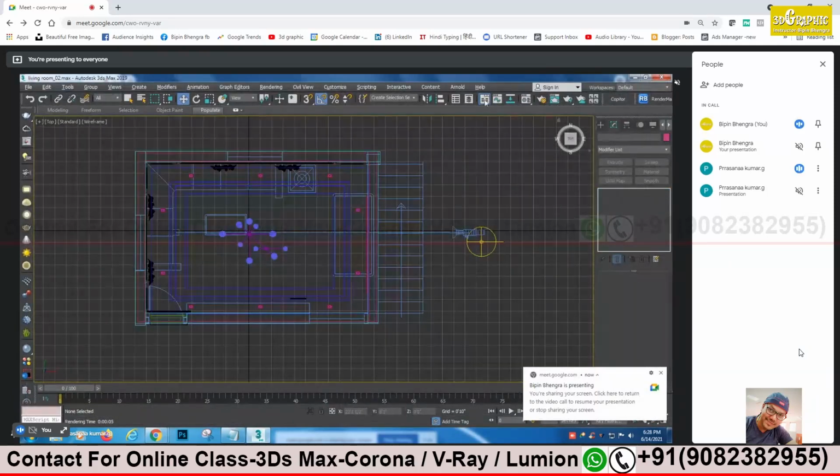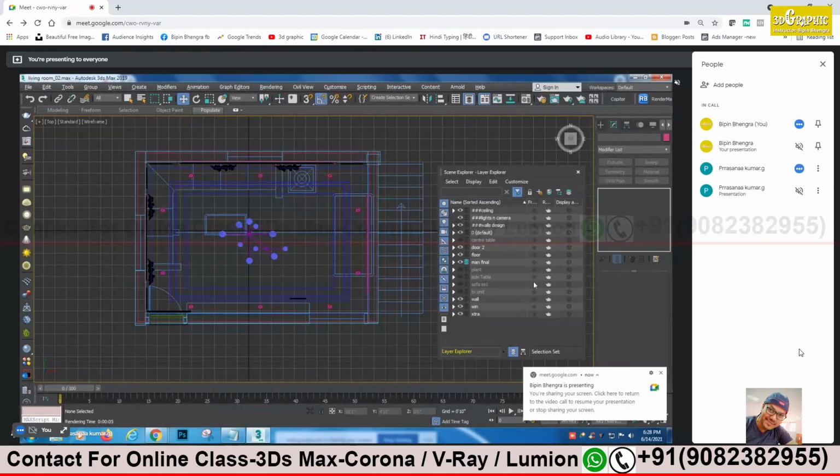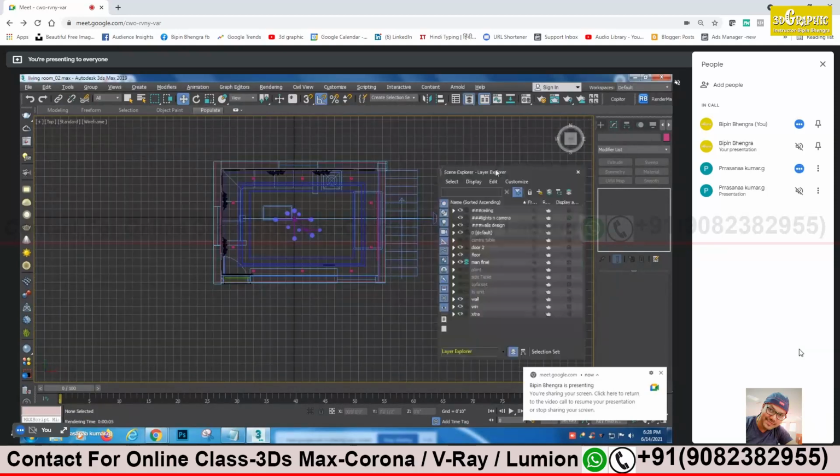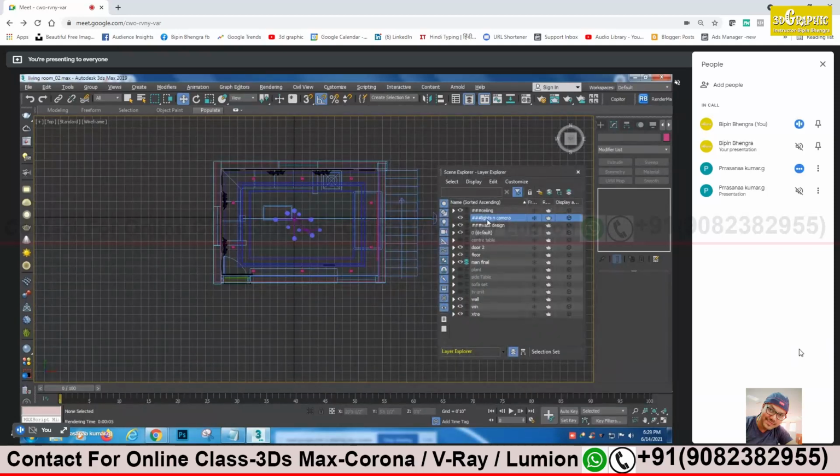Before that, I have to go to the player and see lights and camera. Have you selected that? No, that is not selected. Just go once again. No, just the right side of your eye icon. Yes, click there. Now the layer is selected.